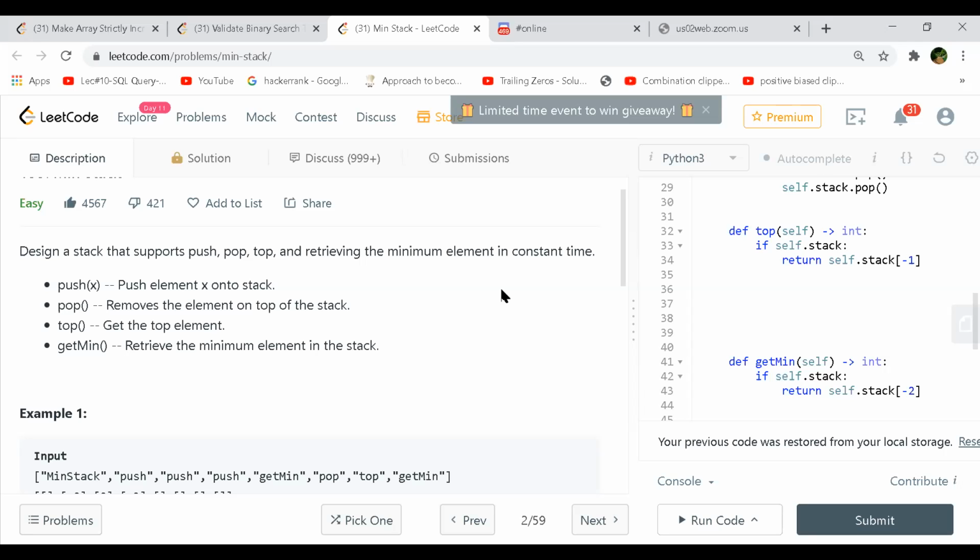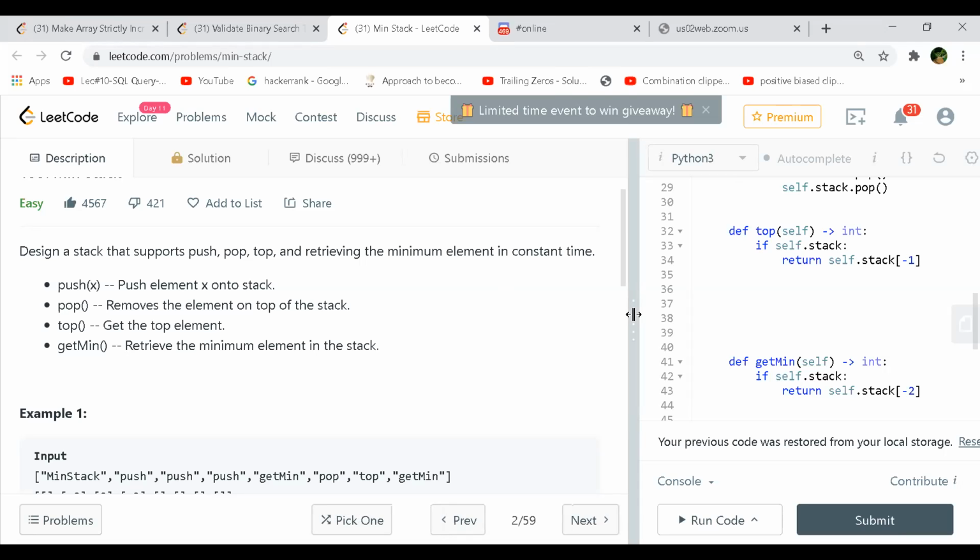So that would be the simplest way of doing it. We still use two stacks, but we push into the minimum stack only when actually required. So the minimum stack might be a smaller one. It will always be smaller than or equal to the main stack. So you can have some space optimization there. I think that's the best and okay way to do it.